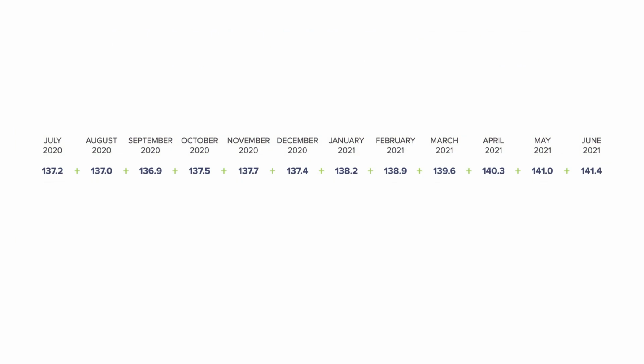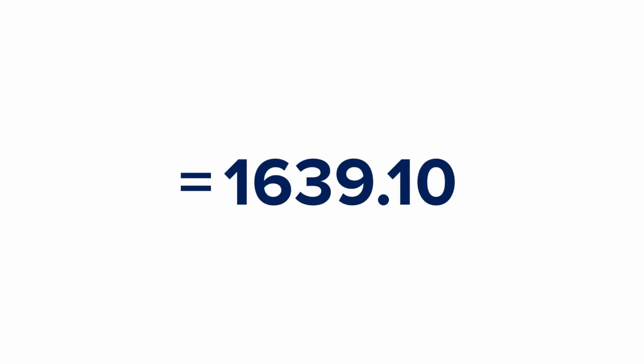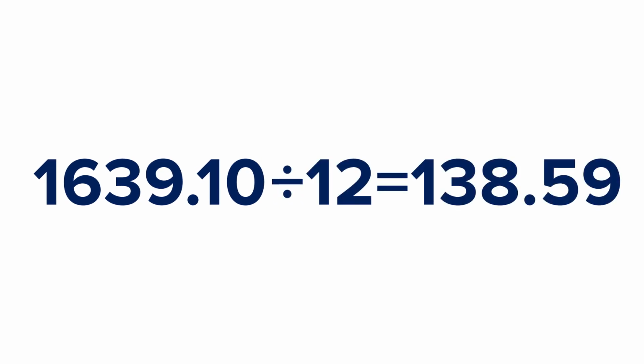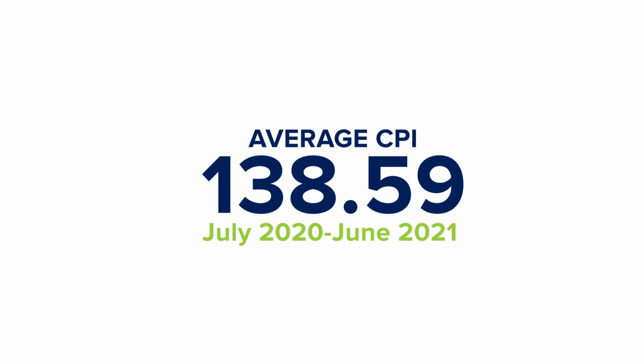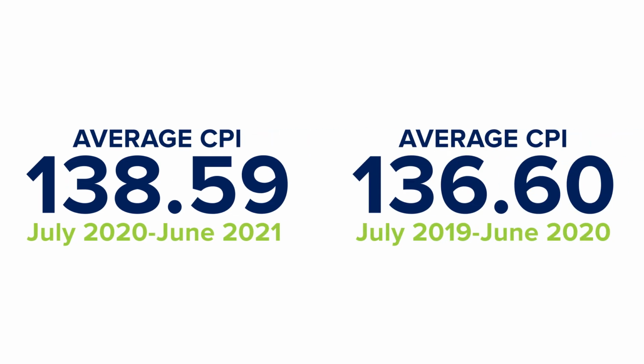The CPI from each month was added together and then divided by 12 for the 12 months of the year to obtain the average monthly CPI. For the period of July 2020 to June 2021, it was 138.59. Then the same calculation was done for the previous year. For the period of July 2019 to June 2020, it was 136.60. The rate available for the IAB was then calculated by determining the percentage change in the consumer price indices